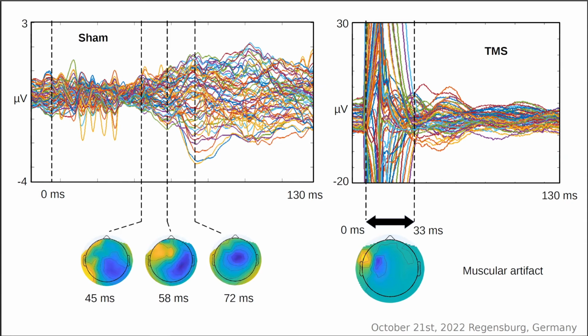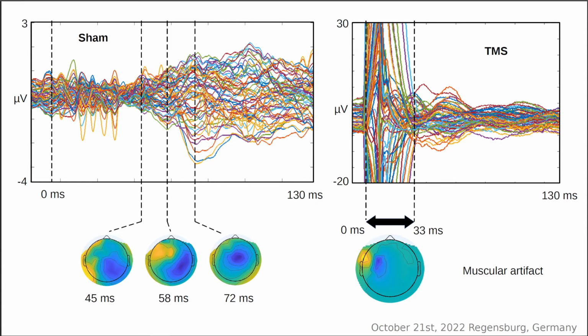This is what I got. And the most disappointing thing was that there is a vibration here of the coil. This coil, the sham coil, vibrates a lot, and I couldn't control for that. There is some cortical activity that comes around 40, 45. This is one subject, it's not an average. And then there is a huge difference between the sham and the real